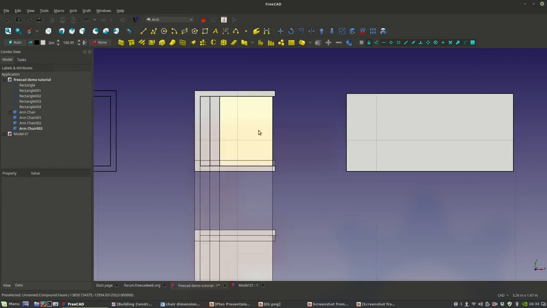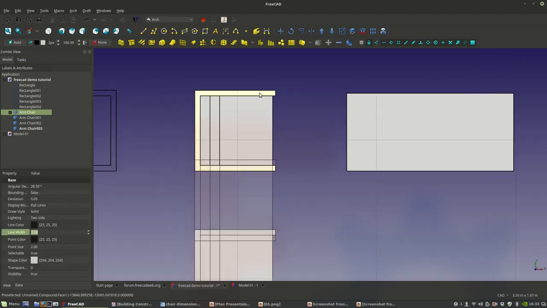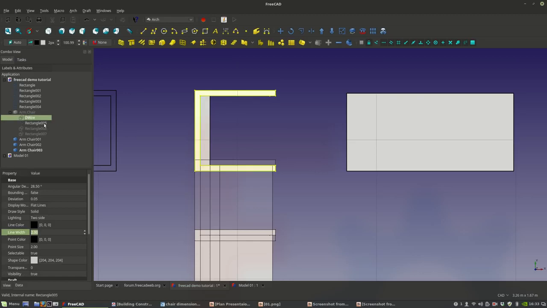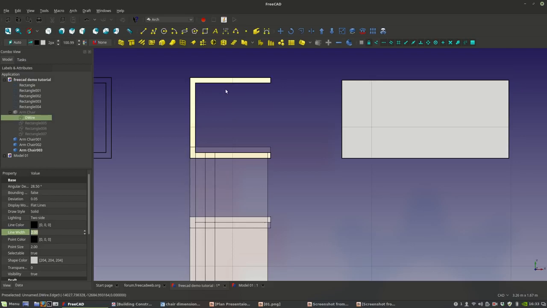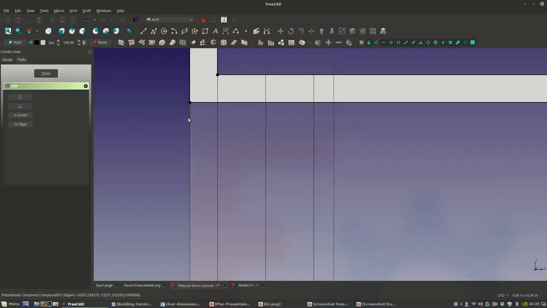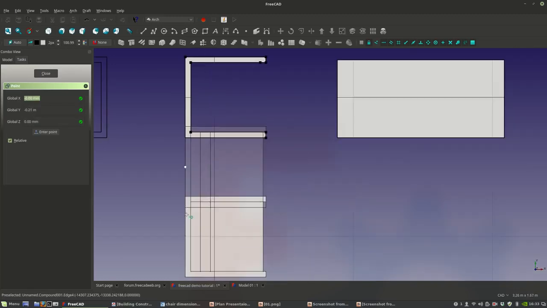Alright, I'm going to take this line, get in there, and hide that, not this guy, not this guy, not this guy. I'm pressing space bar to show them. I'm going to select this guy and then double click on it, and I'm just going to drag this line